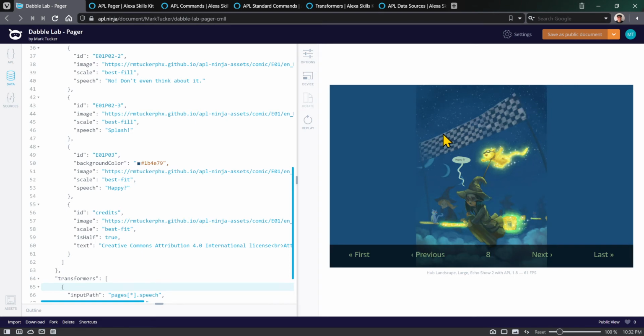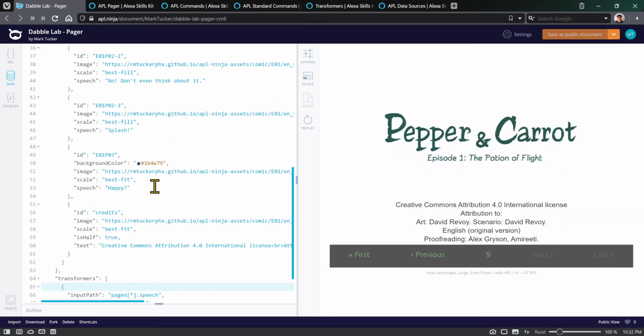If we cropped it like we did the other ones, then we'd be missing part of it. So we don't want to do that. But we can specify a background color to show along with that. And then this last page is different too. It's our credits page,